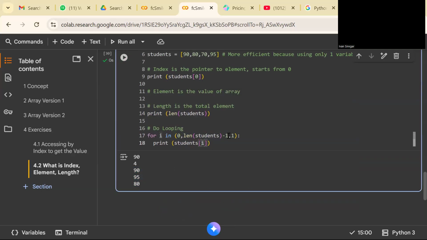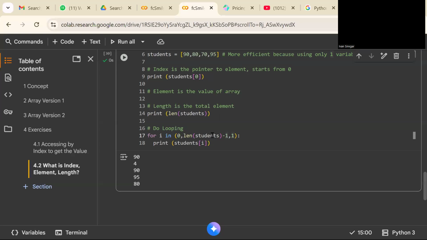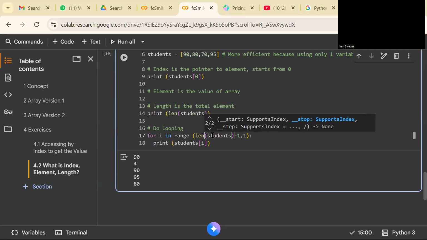Sorry, I forgot range. Okay, range of the students' length.